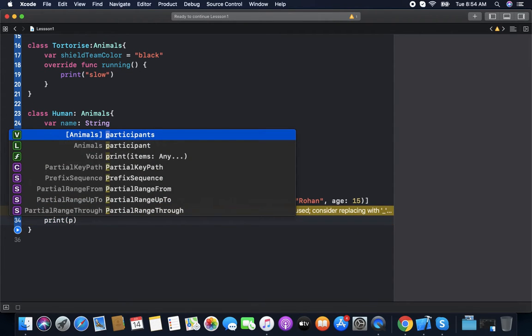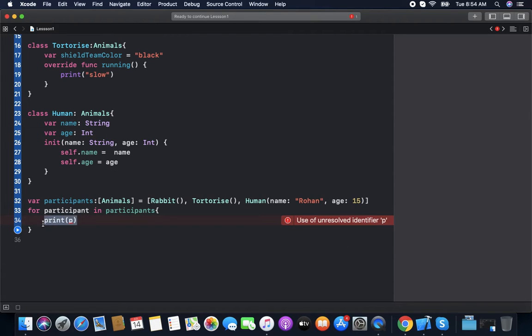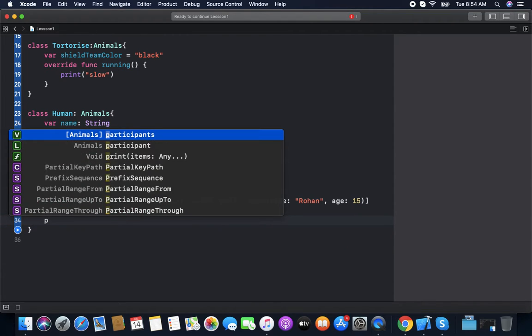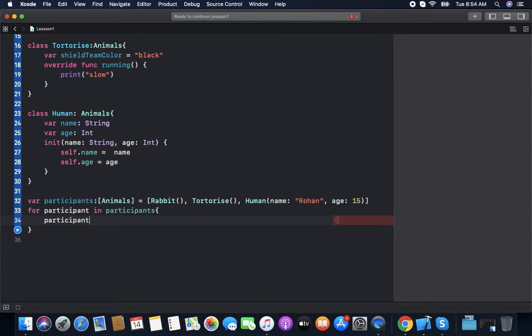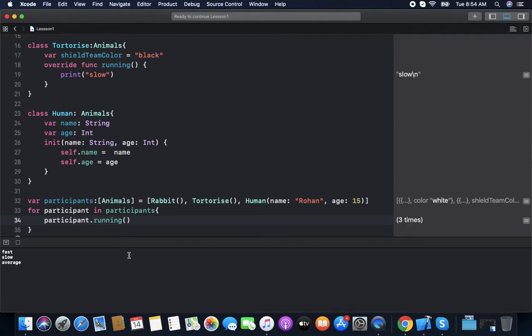So participant, print. For printing we just need to call running. So now running starts and we see how the participants run. You can see fast, slow and average.